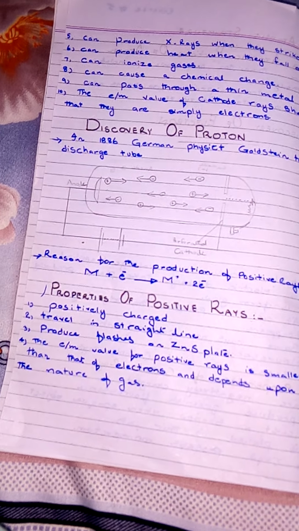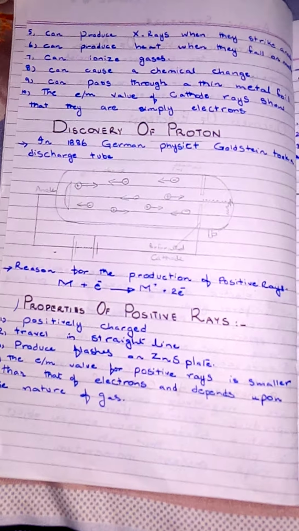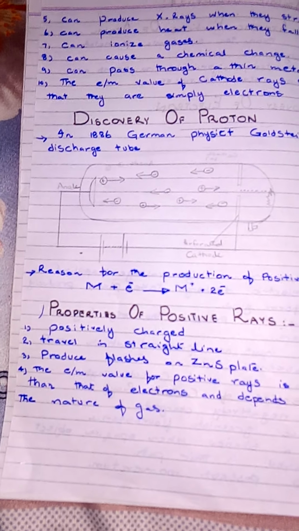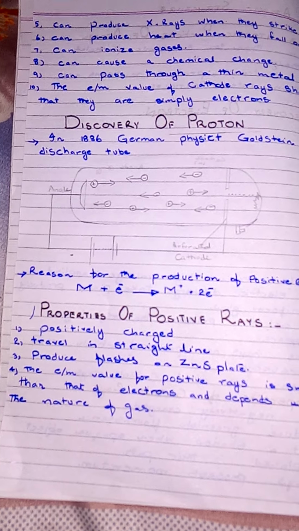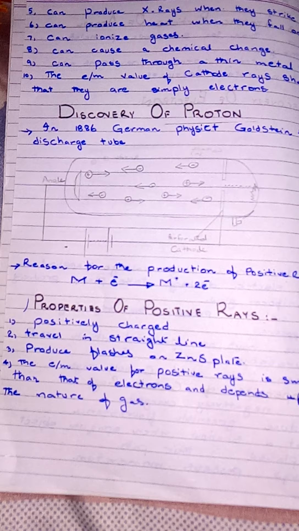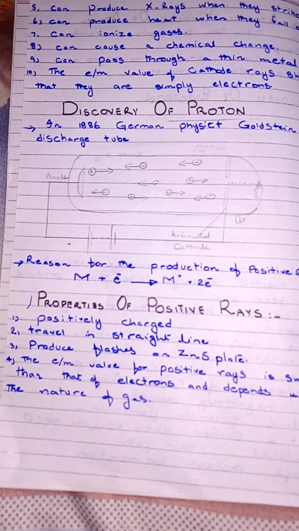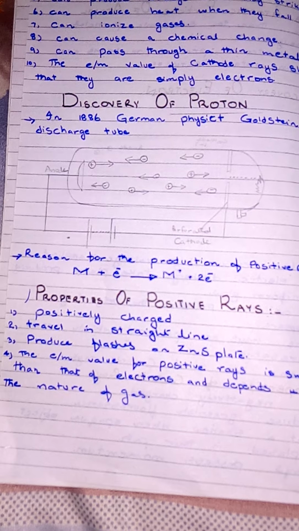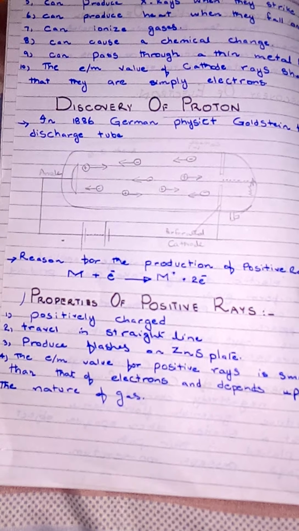Properties of discharge tube experiment. Goldstein used a perforated cathode in the discharge tube. When a large voltage is applied, a glow appears on the glass wall opposite to the anode. It is because some rays travel opposite to the cathode rays, and after passing through the perforated cathode, they produce a glow